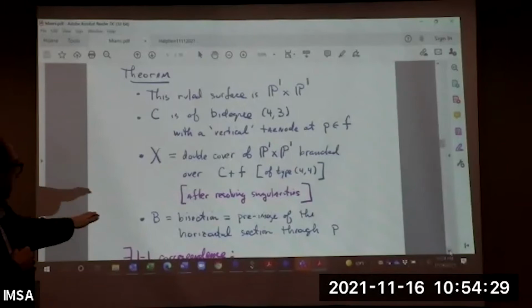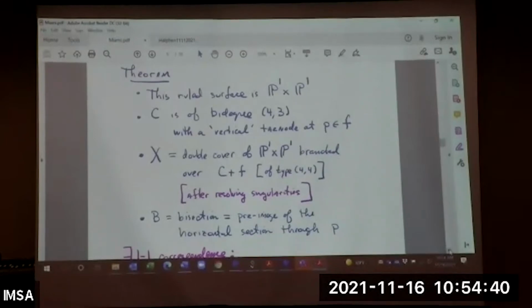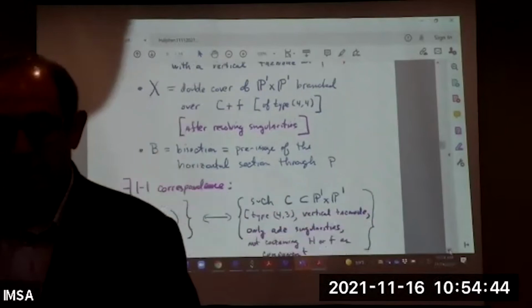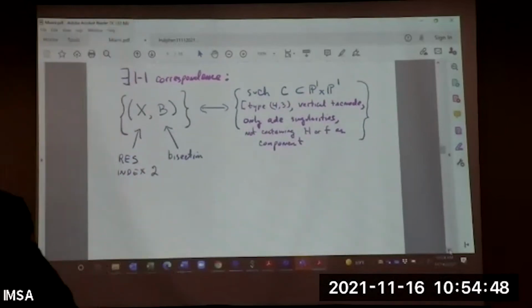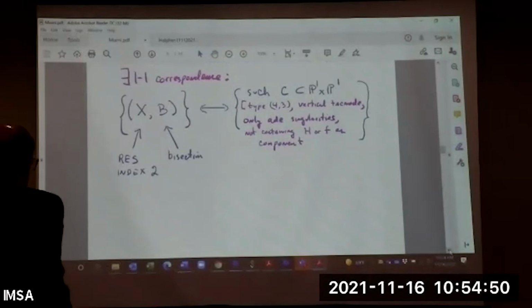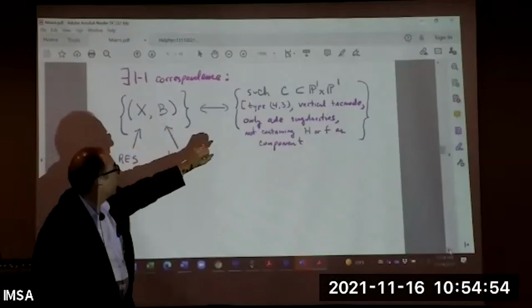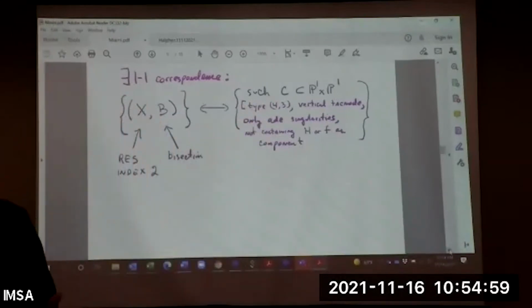And then B, the bisection, is the pre-image of the horizontal section. So the fiber gives you basically the double fiber, and the section gives you the bisection. And so you can rephrase this all as that there's a one-to-one correspondence here between rational elliptic surfaces of index 2 with a marking of a bisection and these kinds of curves on P1 cross P1, type 4,3, vertical tack